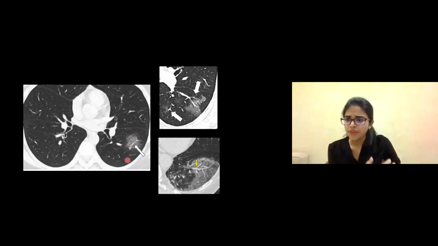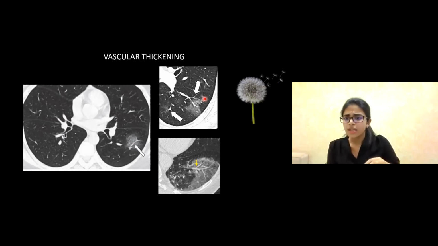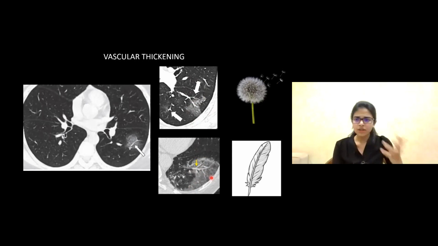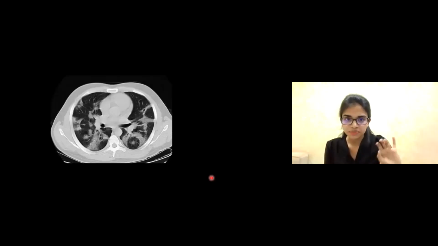And there are some named findings associated with vascular thickening. For example, in this image, if you can see, there is a prominent pulmonary artery, which is ending in an area of patchy ground glass opacity. This is called the Dandelion sign, right? Something like this: a stalk of vessel ending in GGOs. Another example here, if you can see, there is a prominent blood vessel and thickening of the branches also. Right? This is called the feathery sign. You can get these in the exams, just keep them in mind.